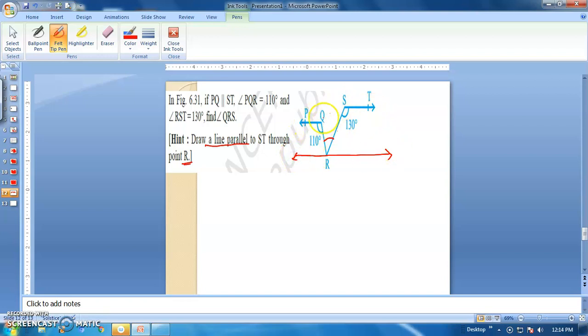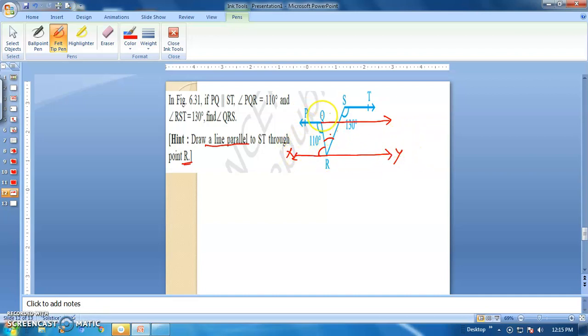Okay. Already these two lines are parallel. Okay. Shall we extend or produce this PQ up to like this? Okay. Now these three lines are parallel: ST, this line and this line. Everything is parallel here. Okay. And this one, actually they are asking to find out this angle only. This angle only. So here it is 110 given here. Okay. And what about this one? Let us take this one as X, Y.